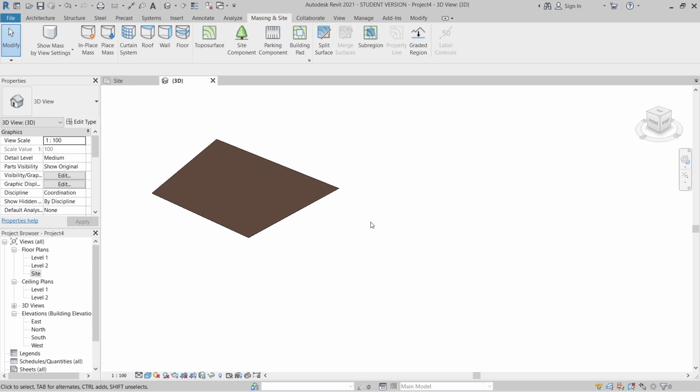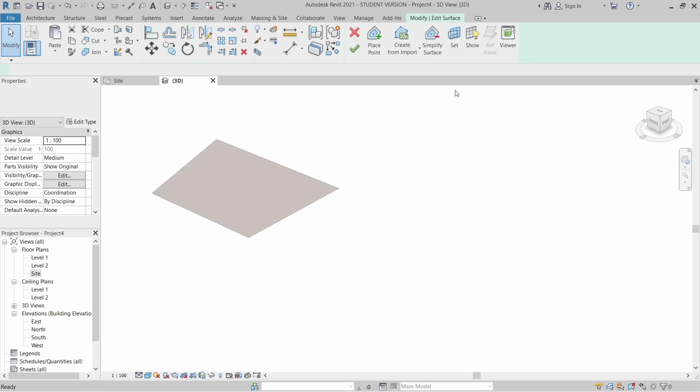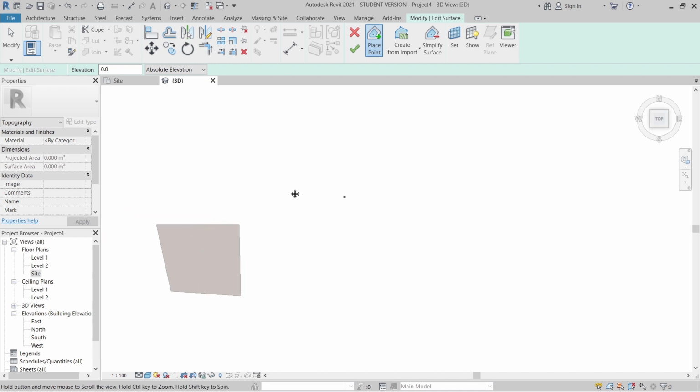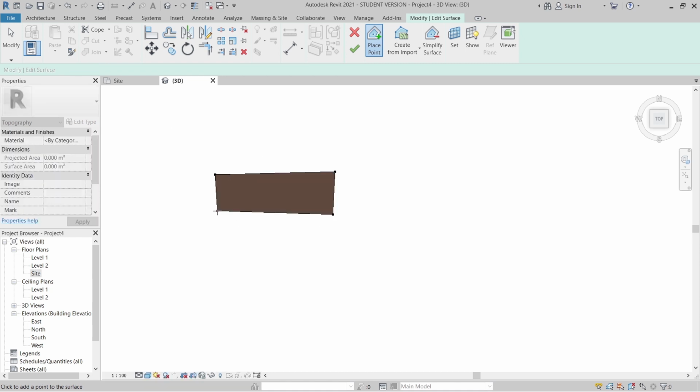A simple way to create that is to go to your Topo surface again. Then I will start from the top view here. I will place from the first point until the second point, and on your modify surface here, you will see the elevation 0. The elevation here is the elevation from the first point to the second point that you indicate for your level. As you can see here, Autodesk indicates it is absolute elevation. Let's say I want from this line until here to be 1 meter. I can adjust it, just make it 1 meter like this, as you can see here.